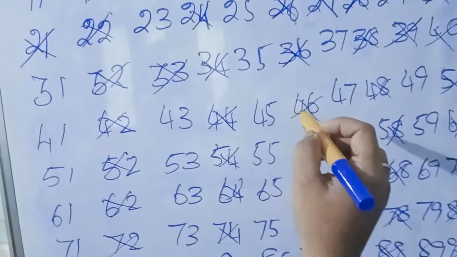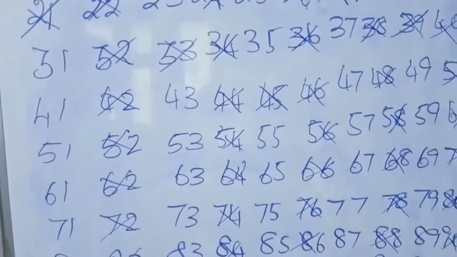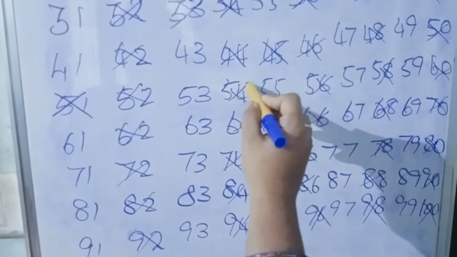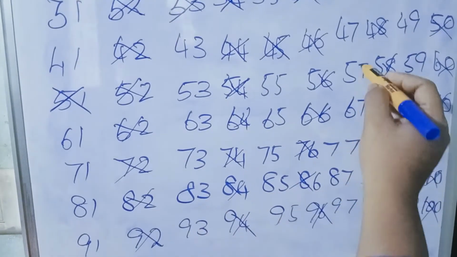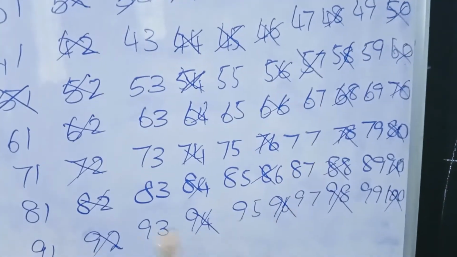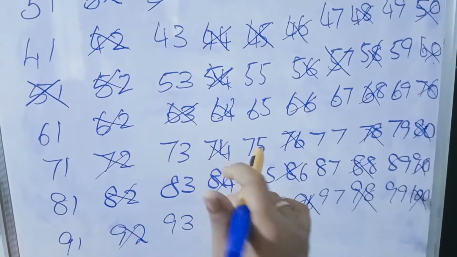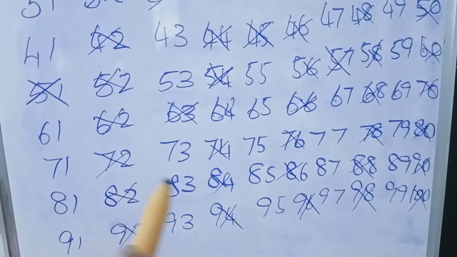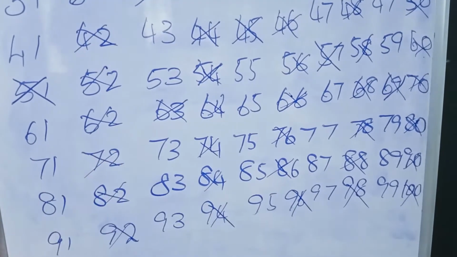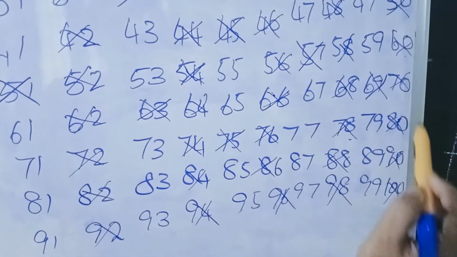Then check 45. Then 48 already crossed out. Next 51 cross out now. 54, that also we have crossed out already. Then 57, we have to check the 3 table. Okay, then 60 already crossed out. Now 63, this is a multiple of 3, that's why. Then 66 already crossed out. Then 69 cross out now. Then 72 crossed out already. Then 75 also a multiple of 3, so cross out now. 78 crossed out already.